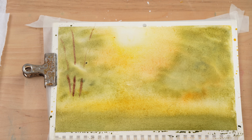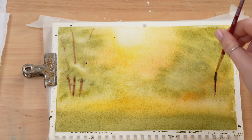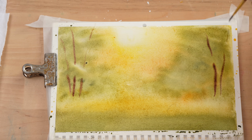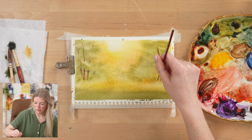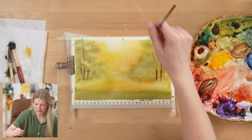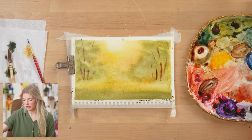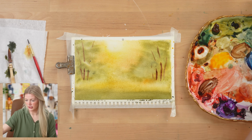Now this is our first layer of trees. This is going to kind of fuzz out. It's going to kind of create its own thing, do its own whatever, and I embrace it. This is a loose painting. We're not trying to control every aspect. Okay, that's it. Now I'm going to switch to my foliage brush, grab some more undersea green, and I'm going